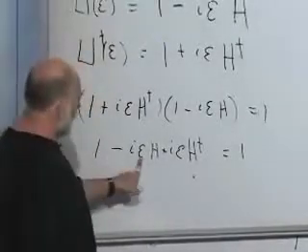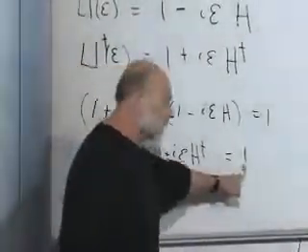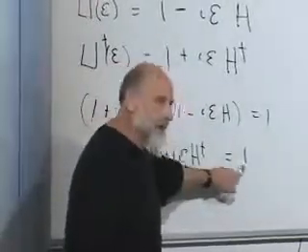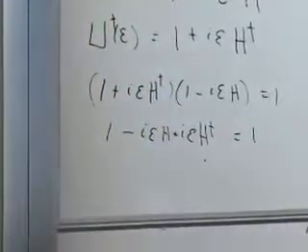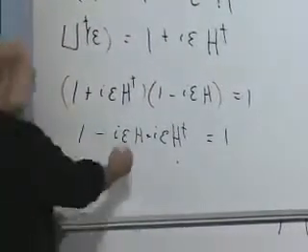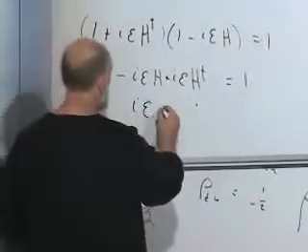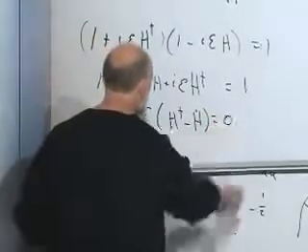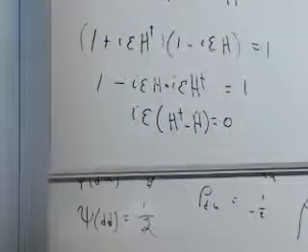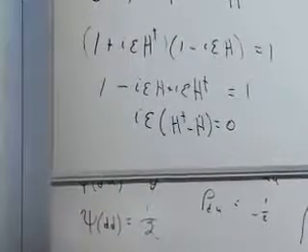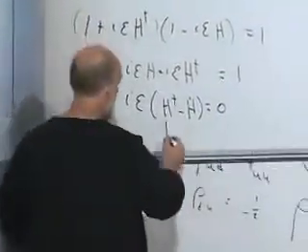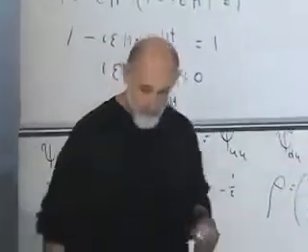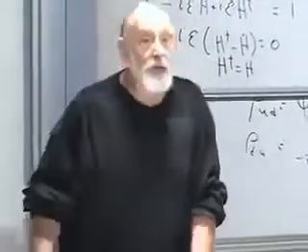We don't want to ignore epsilon, the reason being that the 1's cancel on both sides. The 1's cancel on both sides, and so the leading term is proportional to epsilon. And what do we get? We get i epsilon times (H dagger minus H) should be equal to 0. In other words, to leading order in epsilon, the conclusion is that H dagger equals H. In other words, H is Hermitian.